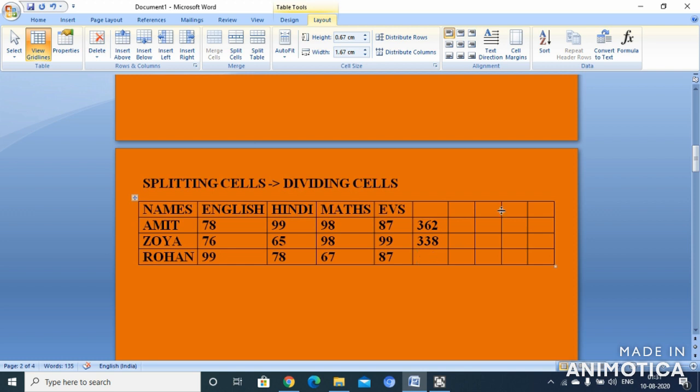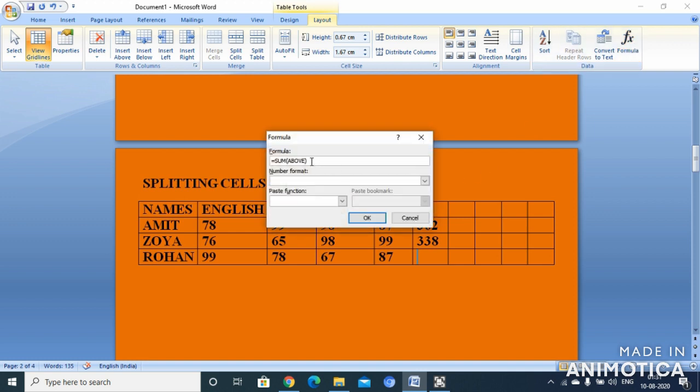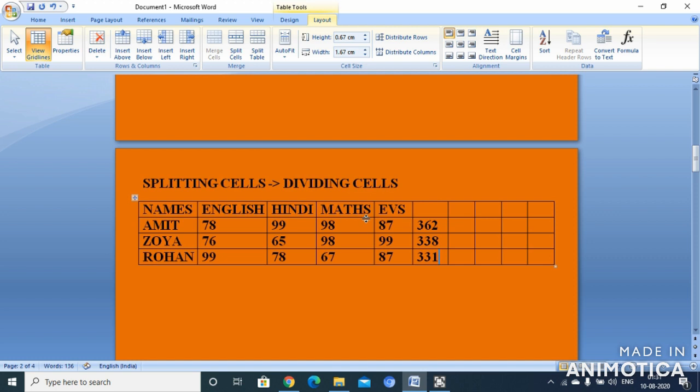Now again move to the data group and click on the formula button, and again there is something written above. So you will write here left. Delete the text and write here left because the addition is made from the left side of the table. So you can see the entries are made here.